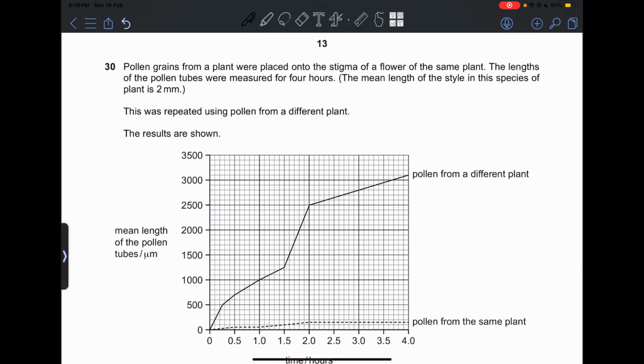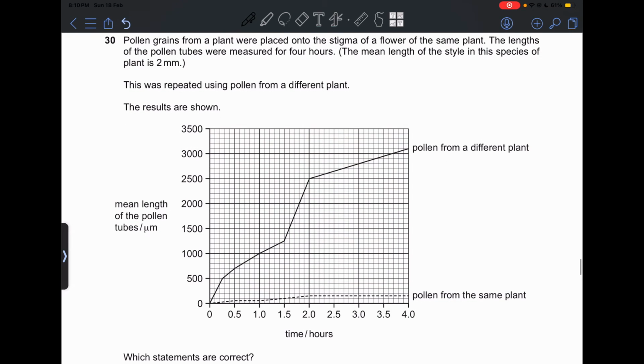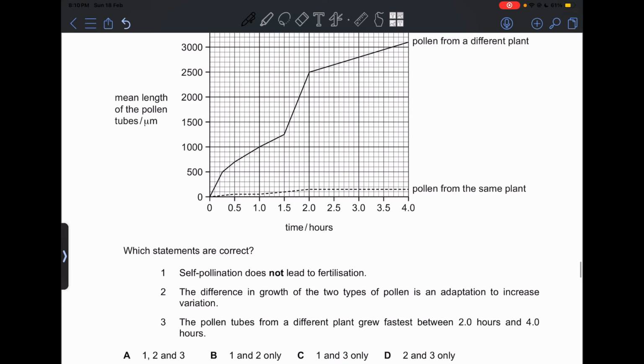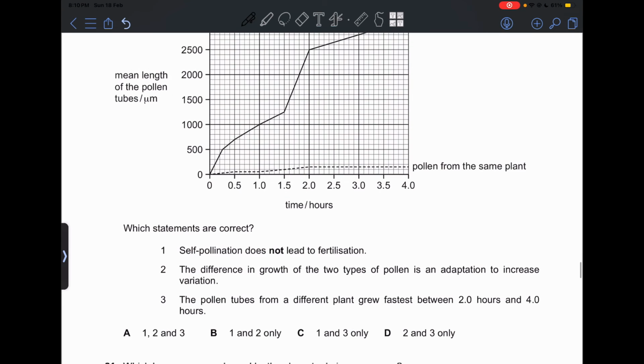30. Pollen grains from a plant were placed onto the stigma of a flower of the same plant. The lengths of the pollen tubes were measured for 4 hours. The mean length of the style in the species is 2 millimeters. This was repeated using a pollen from a different plant. The results are shown. Which statements are correct? One says